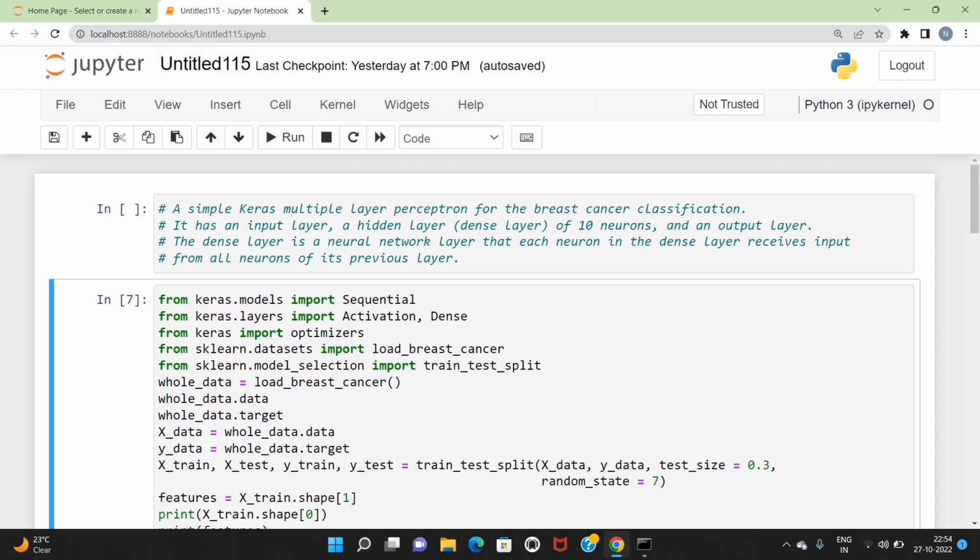In this tutorial, we are going to implement a neural network using Keras. So our problem statement is we need to consider a simple Keras multiple layer perceptron for the breast cancer classification. Here we are going to have an input layer, a hidden layer, that is a dense layer of 10 neurons